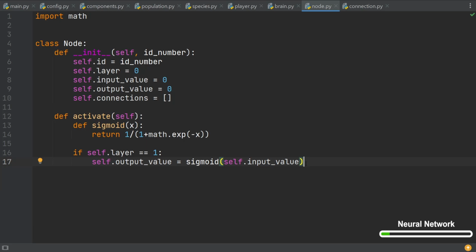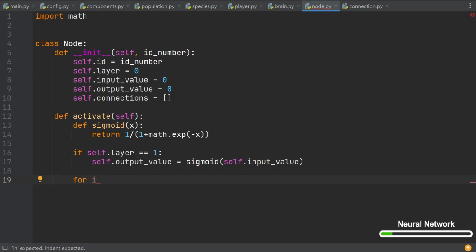and the weighted inputs are stored in the input value variable of the output node. The last thing that we need to figure out is how we can fill the input value variable of the output node with the weighted inputs. Because after all, that is exactly the value which we need to pass into the activation function to receive the output. To obtain this value, I'm going to create a for loop that I'm going to write down first and